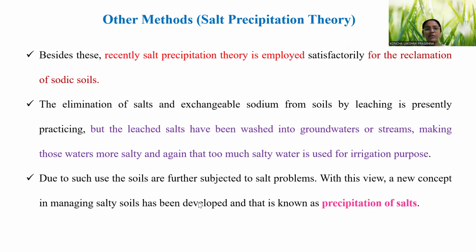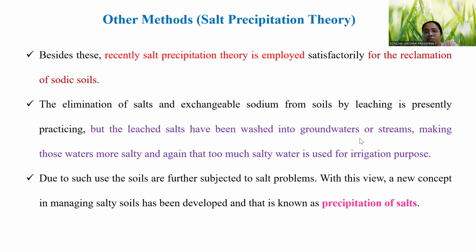So the elimination of salts and exchangeable sodium from the soils is done by leaching. Due to the leaching of salts, the sodium and other salts present are washed down